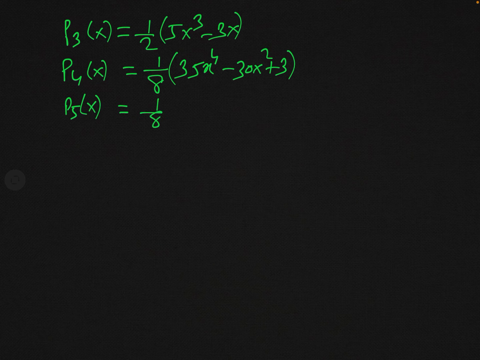P5 of x, when you will evaluate, you will get this will be 1/8 into 63x to the power 5 minus 70x cube plus 15x